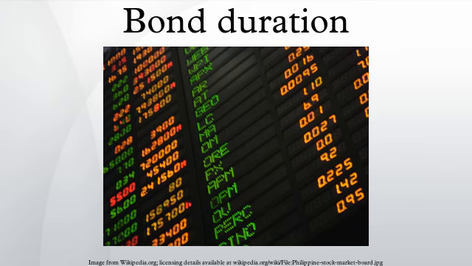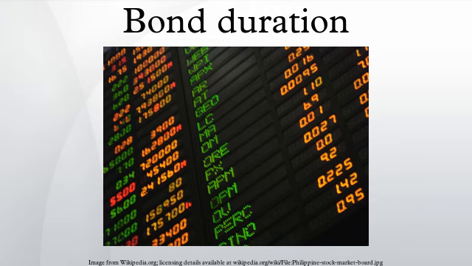For everyday use, the equality of the values for Macaulay and modified duration can be a useful aid to intuition. For example, a standard 10-year coupon bond will have Macaulay duration somewhat but not dramatically less than 10 years, and from this we can infer that the modified duration will also be somewhat but not dramatically less than 10%. Similarly, a 2-year coupon bond will have Macaulay duration somewhat below 2 years, and modified duration somewhat below 2%.